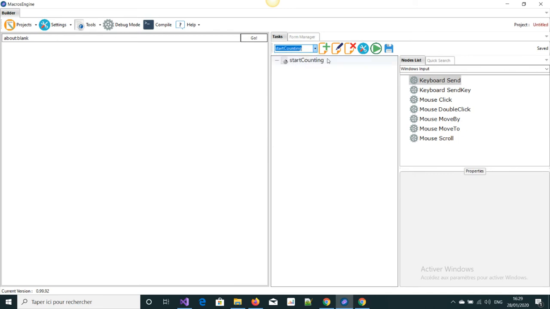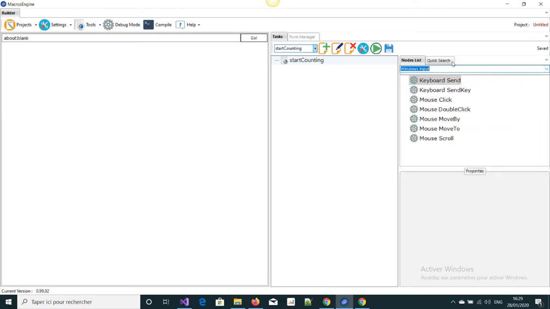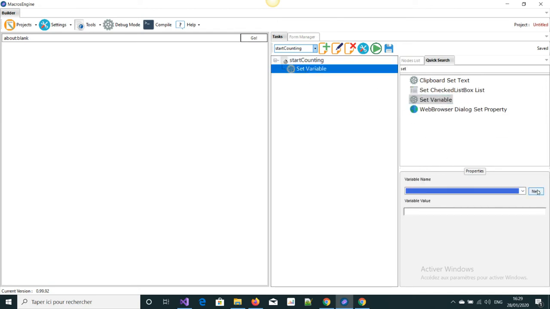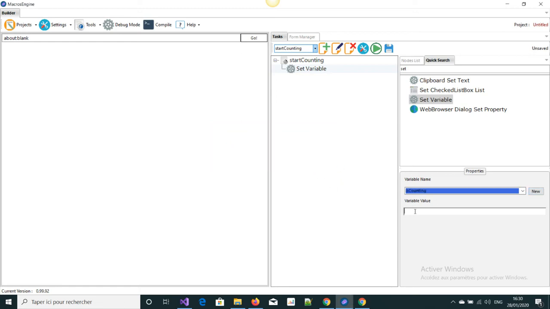So the start counting will have a variable. We can just quick search, set variable, and we'll call this is counting, and we set it to true. So it's counting. So we create now a loop